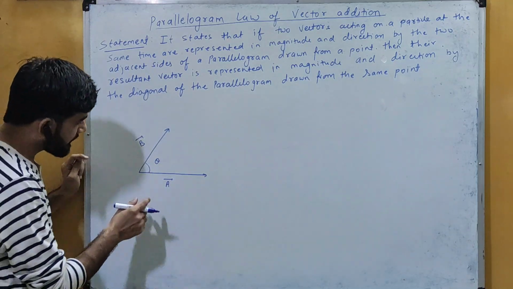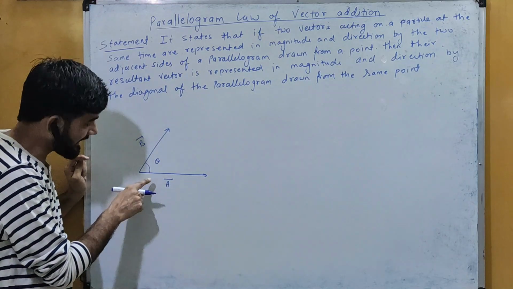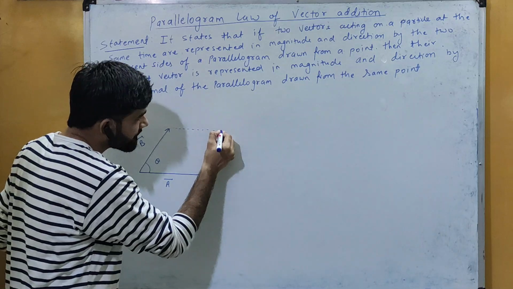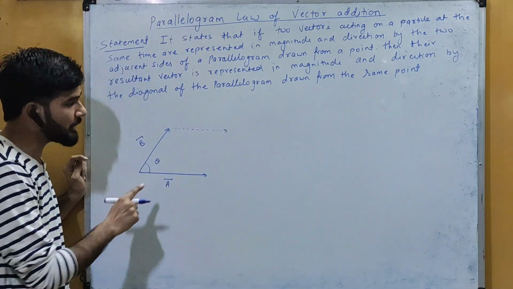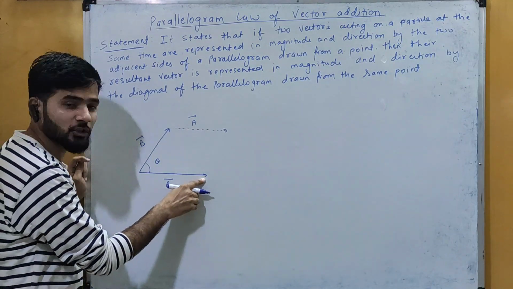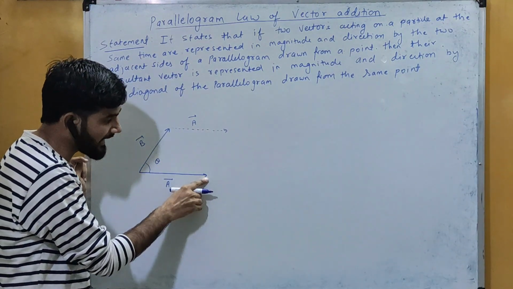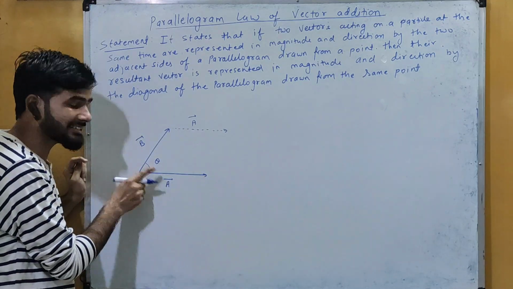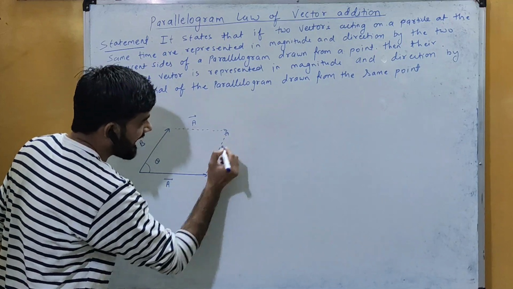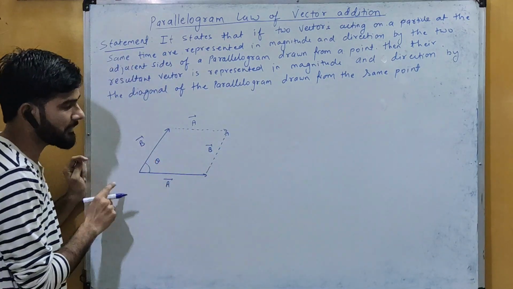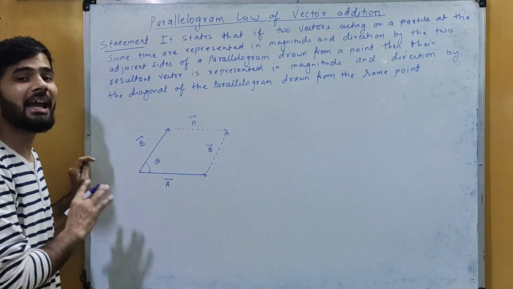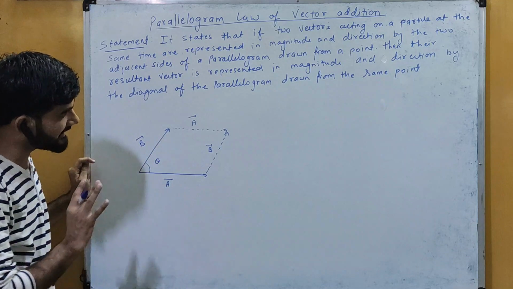So what we will do, we have this vector A. तो हम क्या करेंगे, इस vector A को यहाँ पर एक और vector with the same direction and magnitude we will draw. So this will also be the vector A. Now similarly we will draw the vector B from the end of vector A, which is inclined at the same angle theta. तो हम यहाँ से भी एक दूसरा वेक्टर बना लेंगे and this vector is the same as the vector B. Both B are parallel and both A are parallel, having the same magnitude and inclined at the same angle. Now you can say this is the parallelogram.